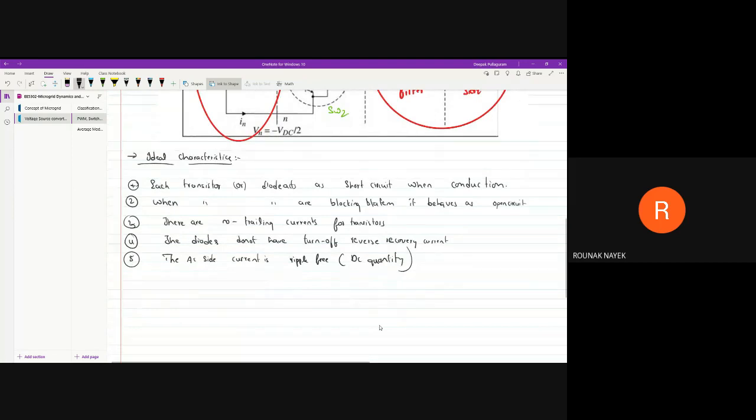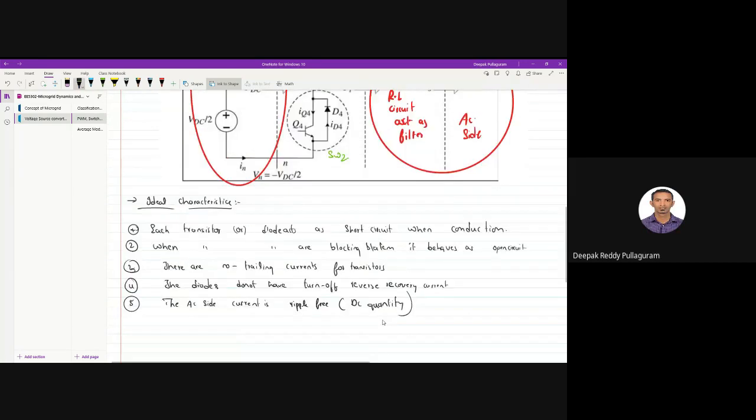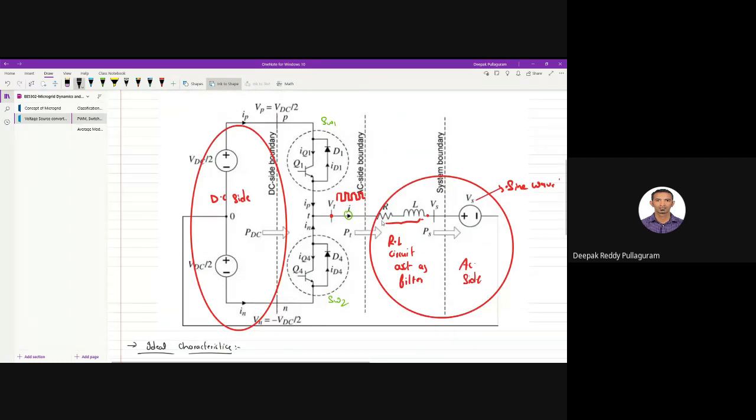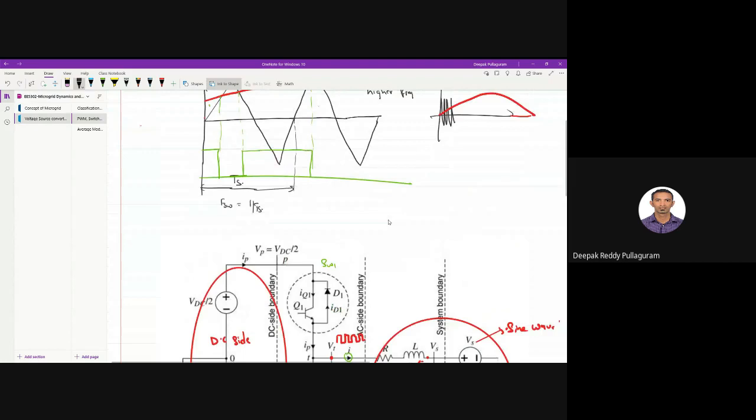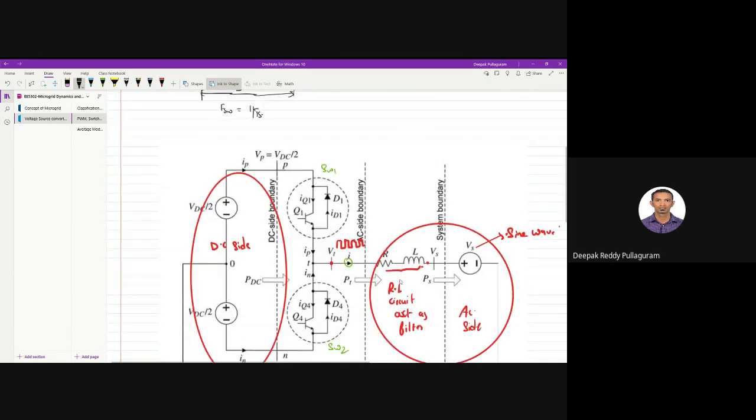Should that be DC side current? No, we are talking about AC side current itself. We are doing analysis at the switching instance level, which is very high frequency. For one cycle of switching frequency, we can assume that the current is not changing instantaneously, because you also have inductance that doesn't allow a sudden change of currents.